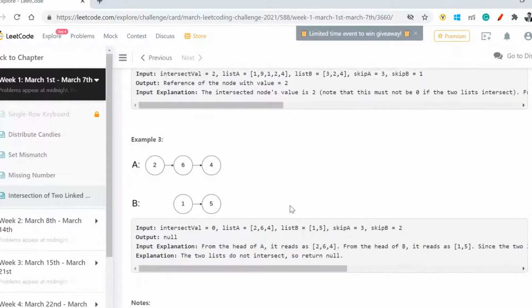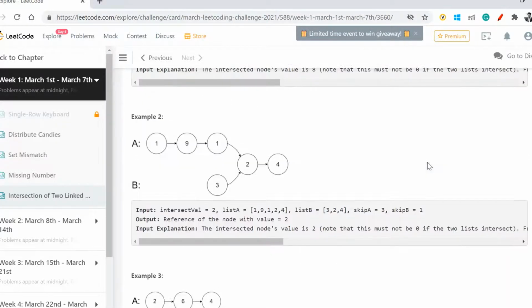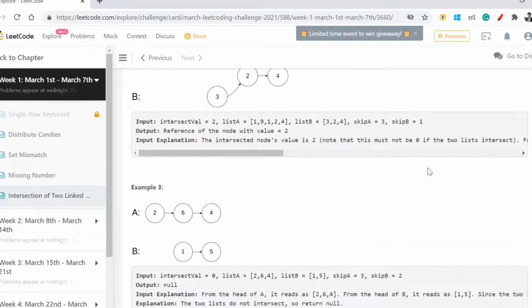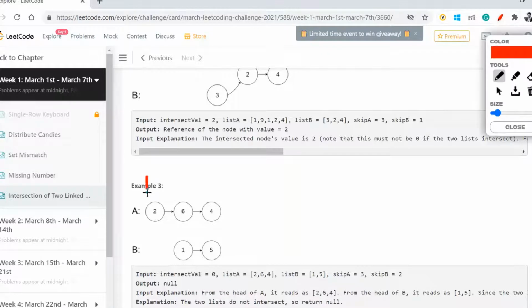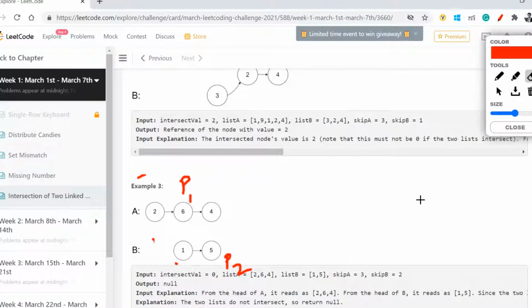But that's where the question comes in. What if I'm not finding anything? Say p1 was at this position and p2 was at this position. Now p2.next, because we are looking at p2 moving to this position and p1 moving to this position. When p1 and p2 move to this position, p2 reached the end of the array.